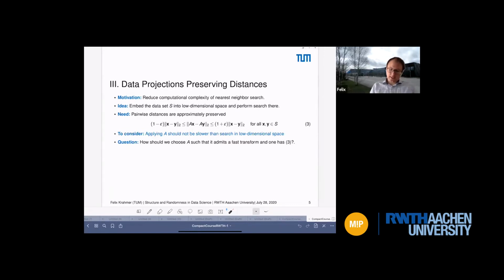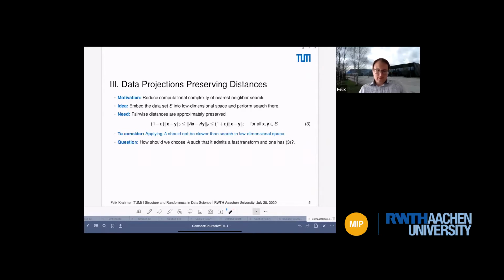And this is captured by this pairwise distance relation. So this A here in the middle is this projection that I said, we're projecting into a lower dimensional space. And then I'm asking that the distances after projection, that's here in the middle, should be very much comparable up to an error of epsilon to the distance in the original space, which is here on the left and on the right. So then, because in the lower dimensional space, which we projected to, you can perform the nearest neighbor search more quickly,